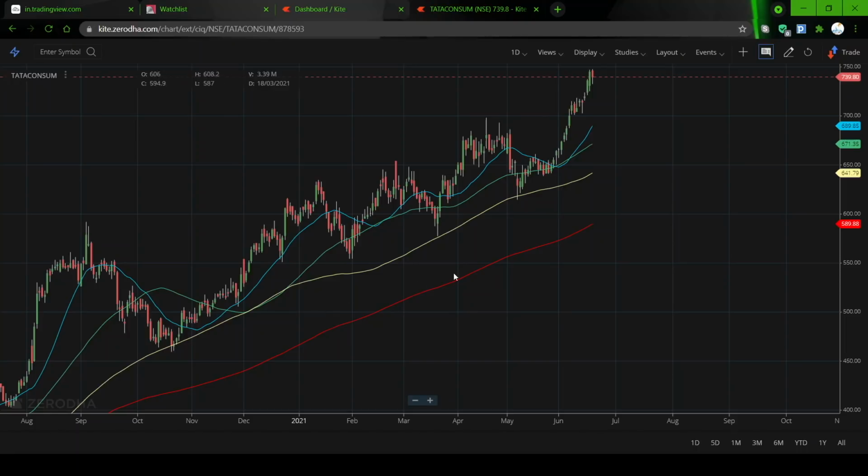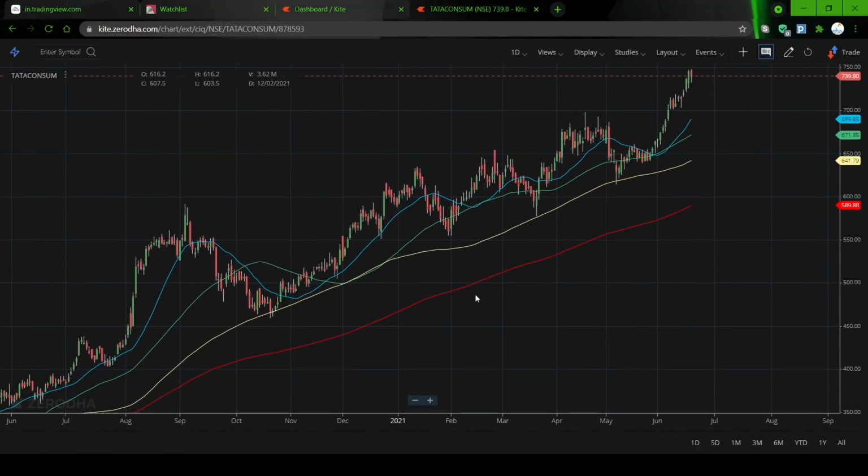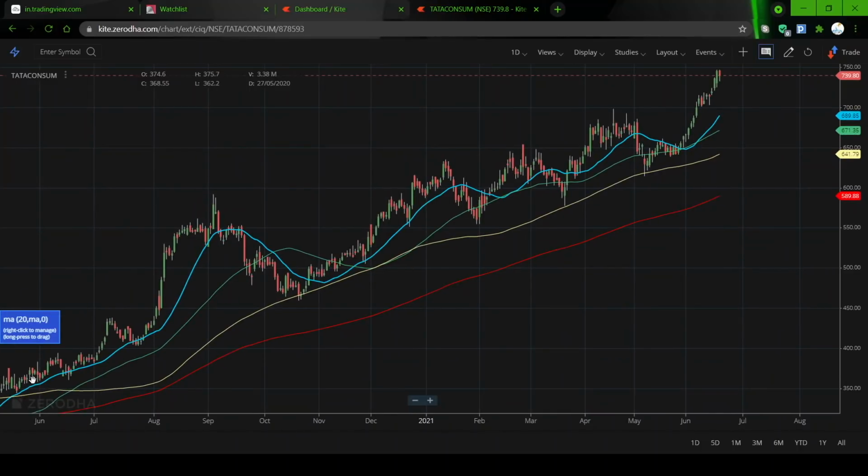This is how you can choose the right stock which is in an uptrend on a longer time frame. I have taken a longer time frame, now it is June, and from last year June it has always been in an uptrend. So you have to choose a stock like this. Never choose a downtrending stock for this. You will make money on the covered call, but you will lose money on the synthetic position. Your lower end stop losses will be hit, and you will start losing money there.